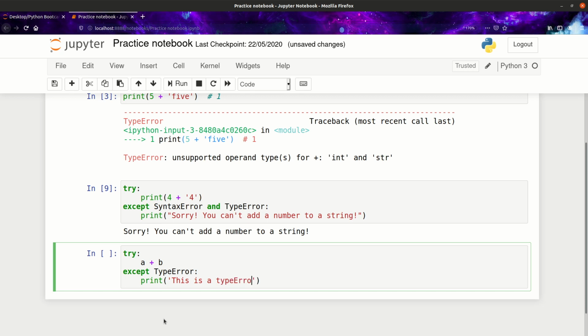So let's just put our capital letter over here so it looks more like a type error. So this is a type error, and if a type error does not occur, print out